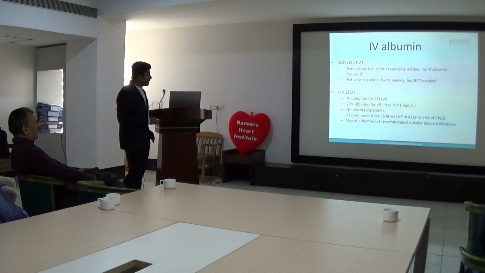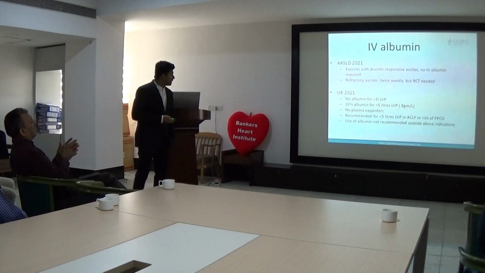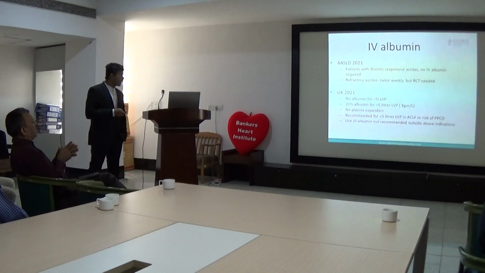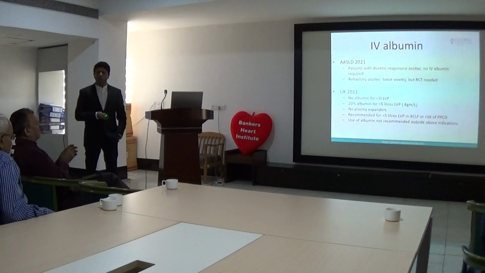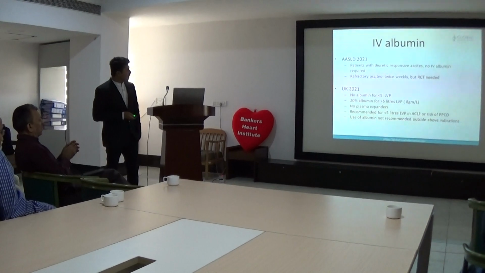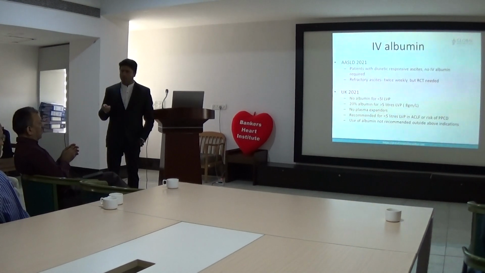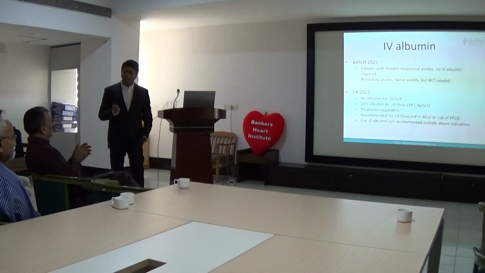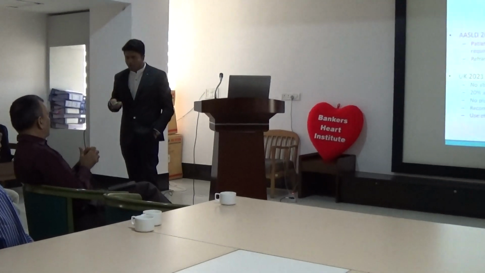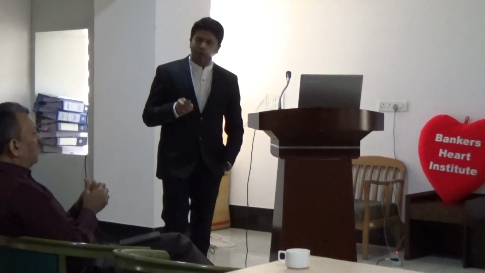Role of IV albumin. Patients who have refractory ascites, we need to give IV albumin, and important here is about doing a large volume paracentesis. So IV albumin, 20% human albumin that we commonly practice, needs to be given when you are doing a therapeutic tap. Guidelines say you give it beyond 5 liters, but because we want to avoid an entity called post-paracentesis circulatory dysfunction, even if we are tapping around 3 to 4 liters, we can give IV albumin.